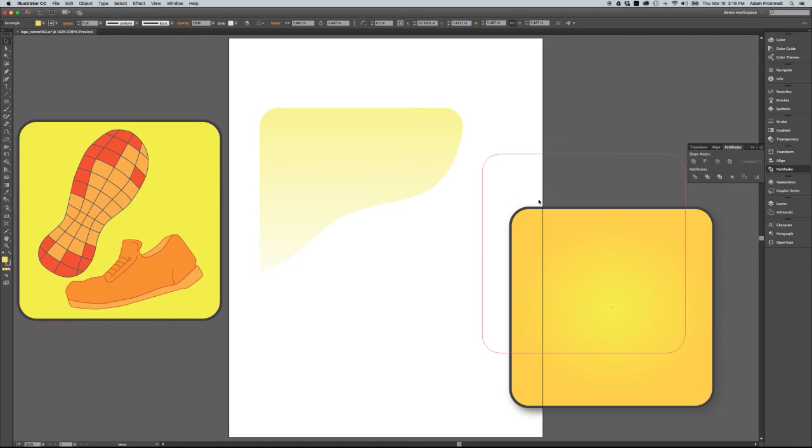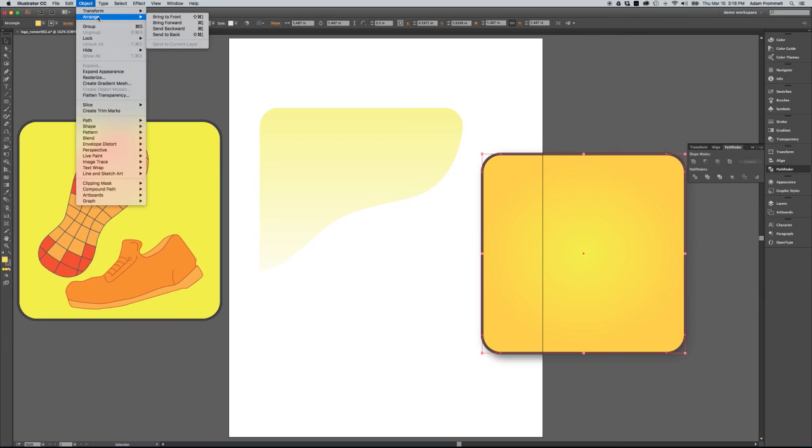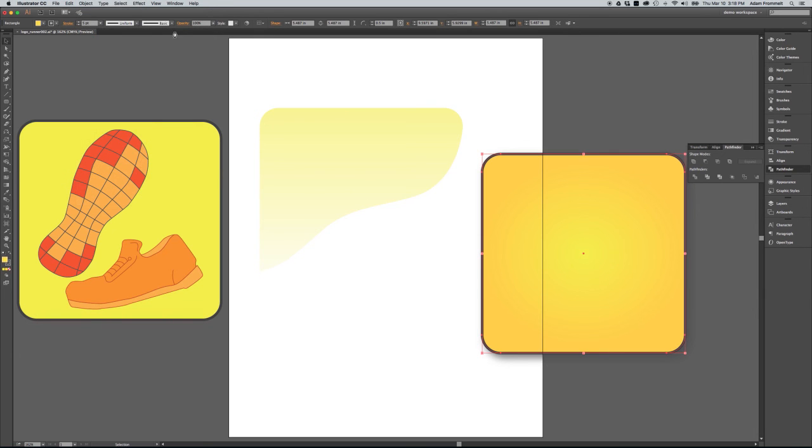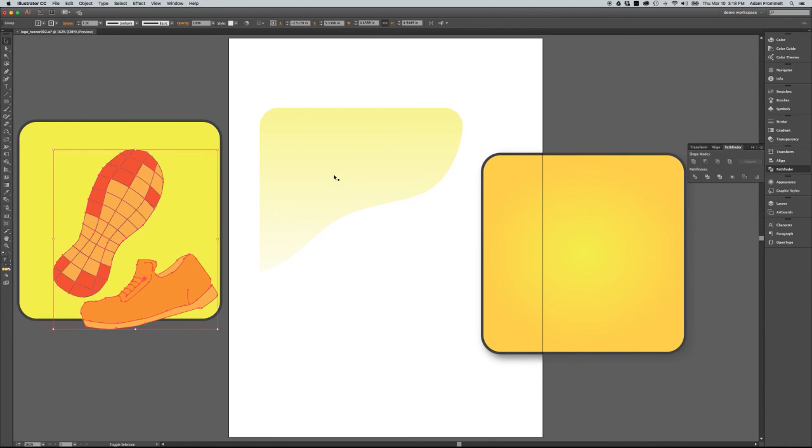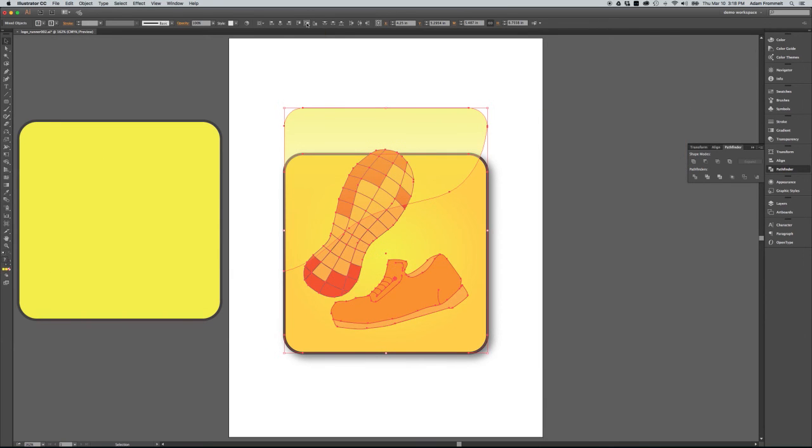I'm going to click on our background and do object, arrange, send to back. And that'll leave my shoes over here in the middle. So now if I select all three, I'll start by clicking on the group that is both of the shoes. Hold Shift, click on my highlight, hold Shift, click on my background. In the main taskbar, I can address my alignment tools. I want to align to artboard, and I'm going to center,